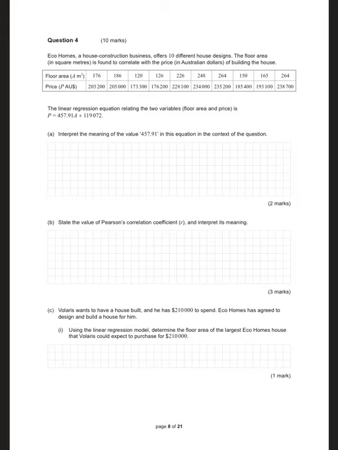Alright, we're going to have a stats question, I believe. Eco homes construct houses. Floor area is found to correlate with price. Interpret the meaning of 457.91 in this equation in context of the question. Well, normally the bigger the house, the higher the price. The slope is positive, so that's suggesting that the price